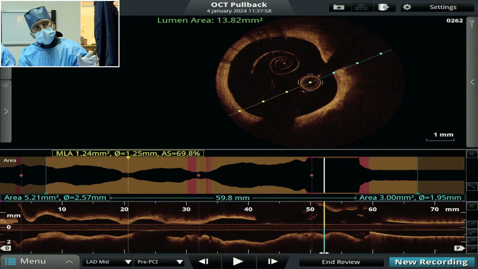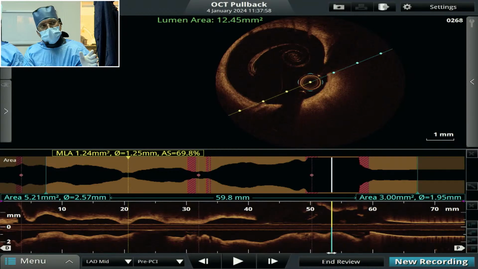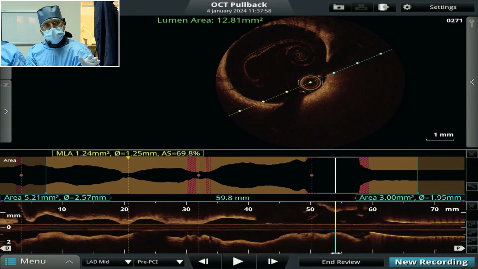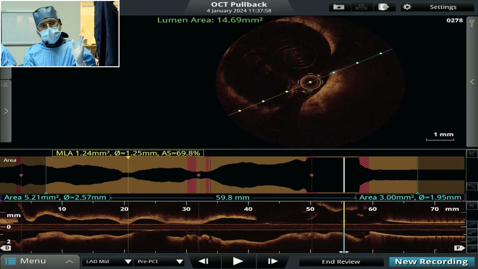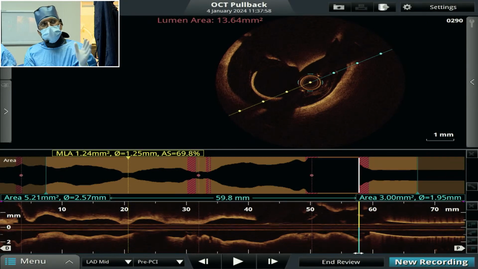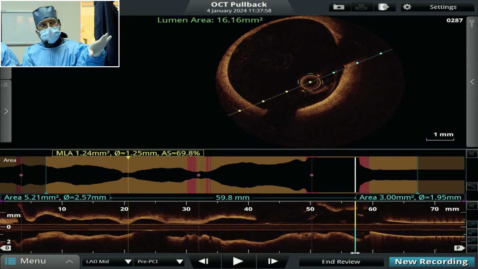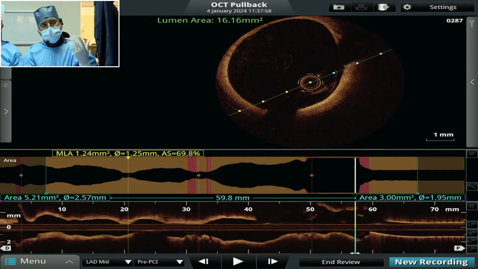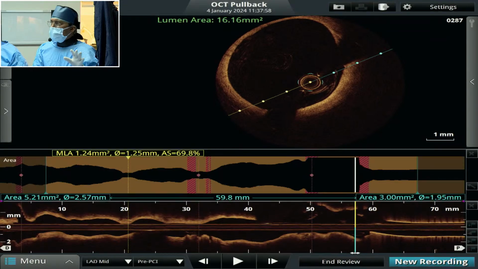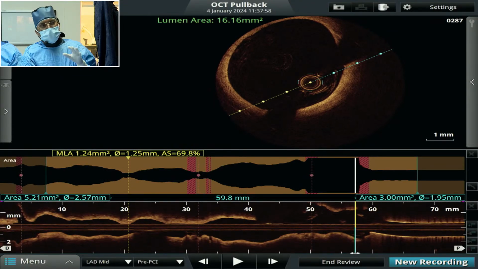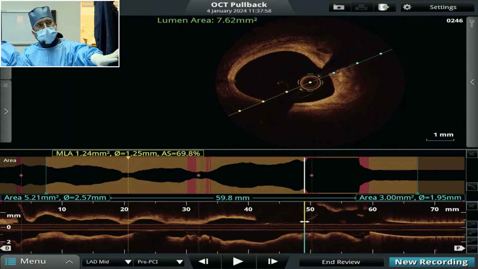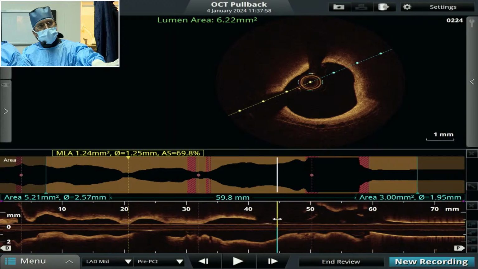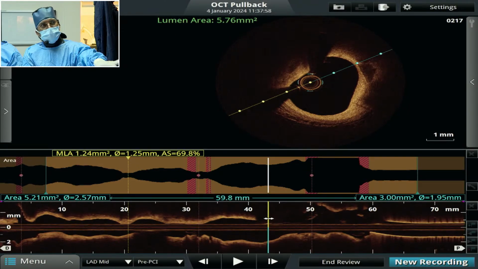LM area is showing 14 square mm, 13 square mm. Though there is a fibrous block, it is not that significant. The plaque, the mean luminal area is absolutely fine, that is 13.7 mid shaft. Then the ostium, that is 15 square mm, and this is artifact, but almost 16 square mm, and 16 square mm the diameter will be about 4.5. That is the reason our landing zone should move towards the LAD. Move toward here, the area 7.6, no need to intervene here, 6.1, 5.8, this is also good area,